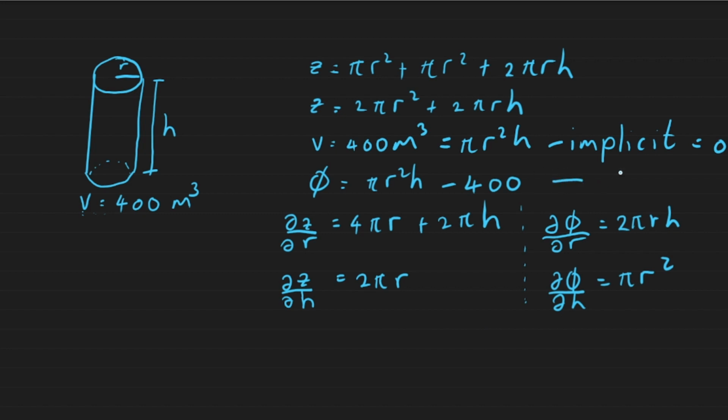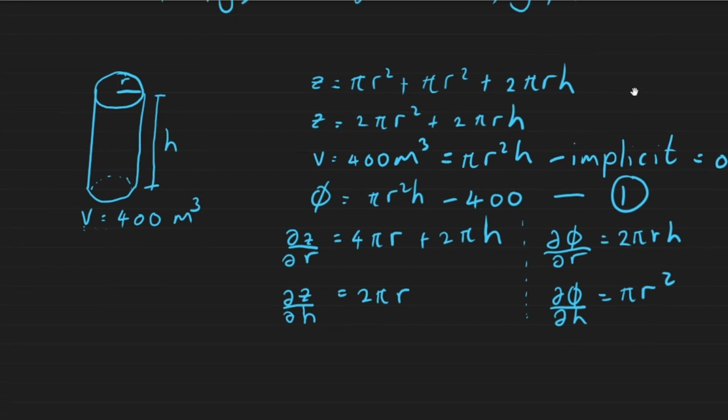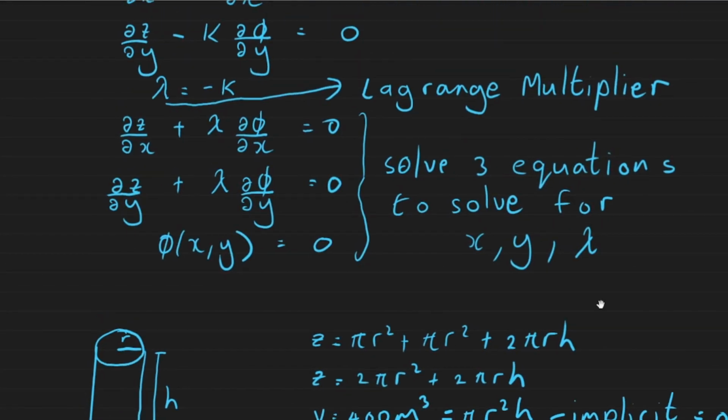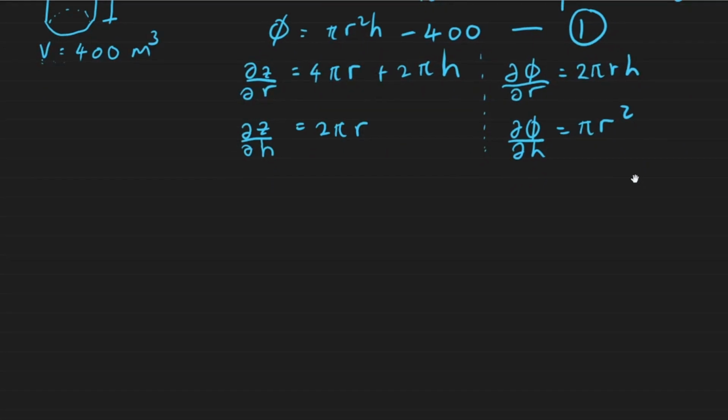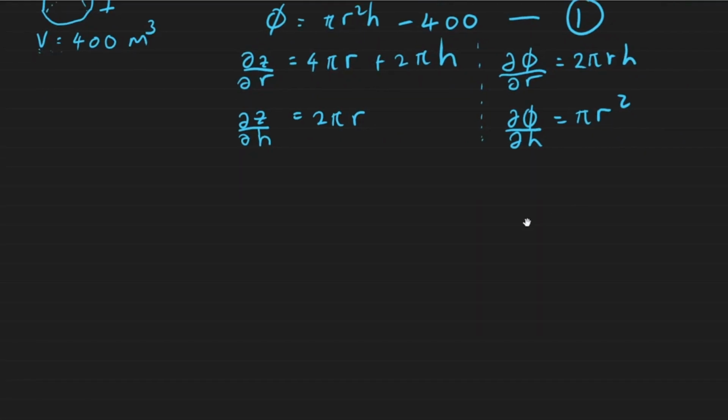So this is equation 1. So remember what our 3 equations are. We can just go back up and refer to them. So there's our equation 1 here. You can think of equation 2 and equation 3. So we need to set up these 2 other equations. So the second equation, sorry, is